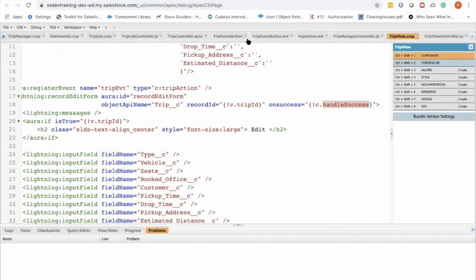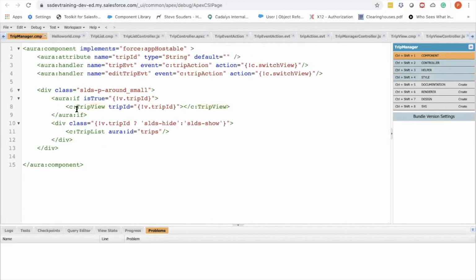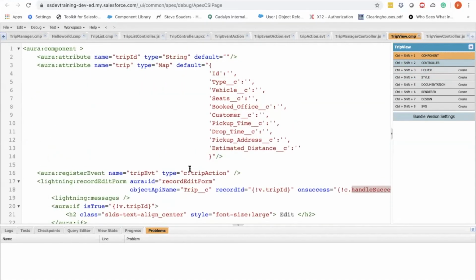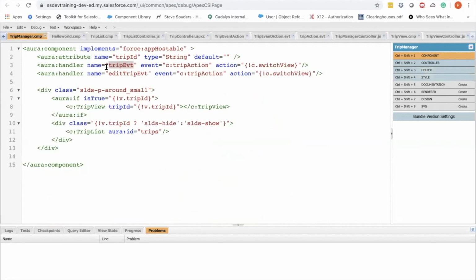So due to component hierarchy, we know that the trip manager is the parent of the trip view. So trip event, if you see here, the name of the event is trip event. This gets handled, and we are again calling the switch view.